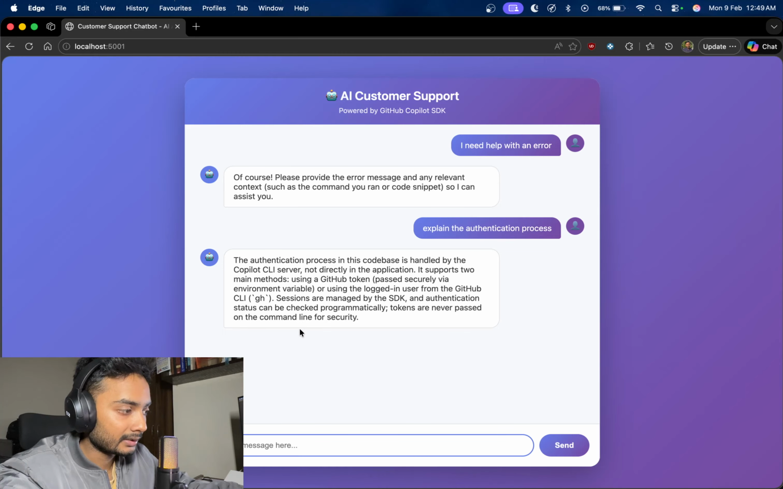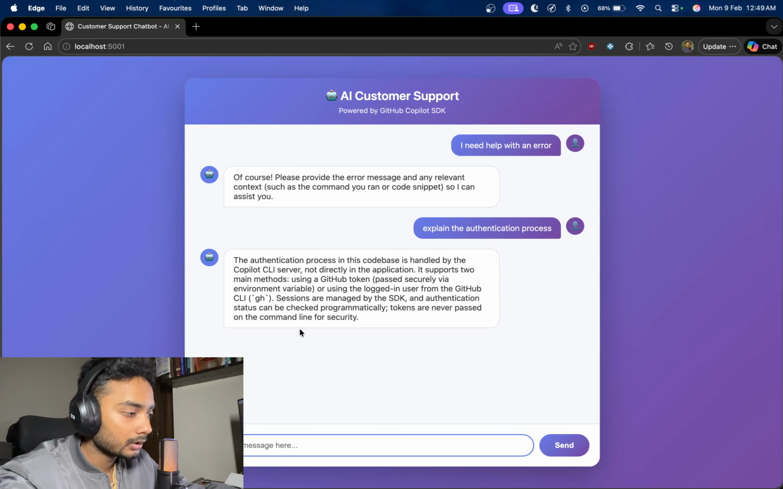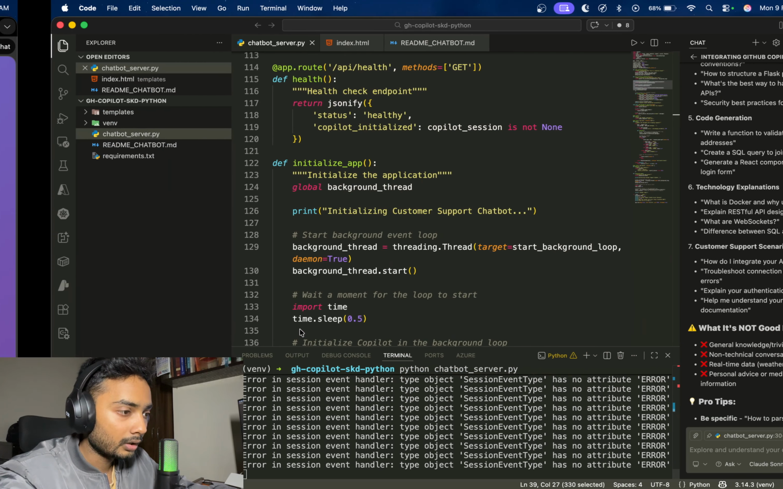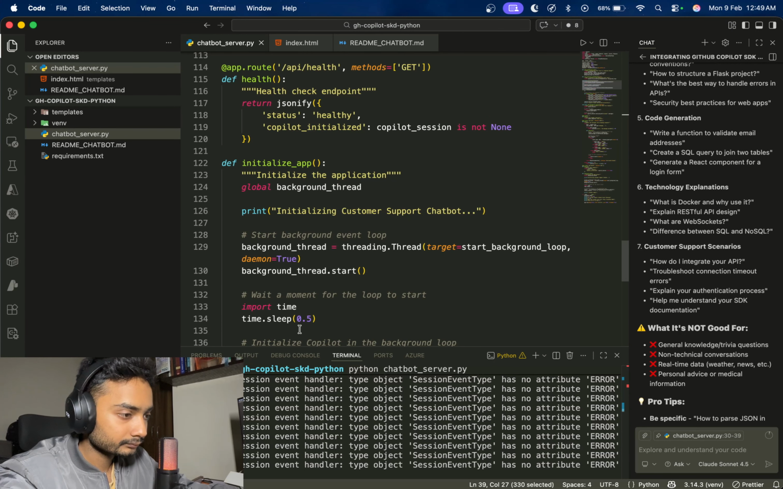It is handled by the Copilot CLI, not directly by the application. It's supposed to be the main method. So it got the context from the GitHub Copilot CLI server only. We can switch our context, saying this is the context all around our application, please set it down. Or you can directly ask